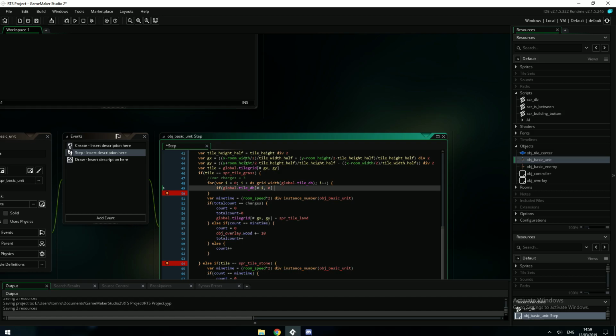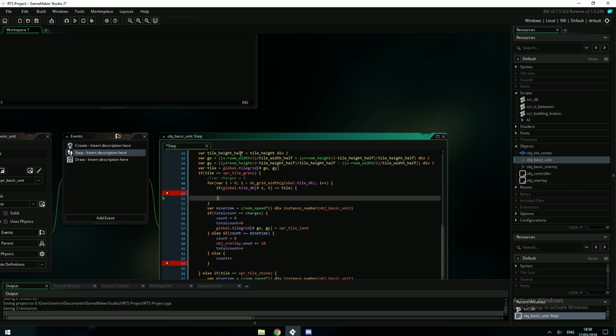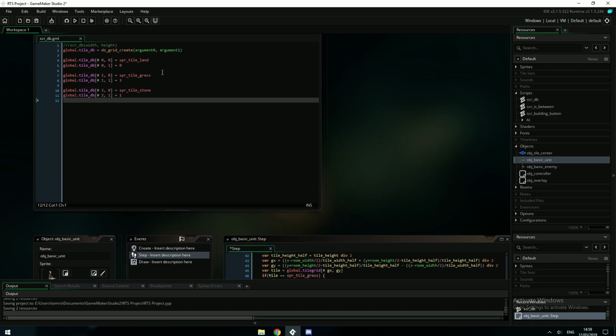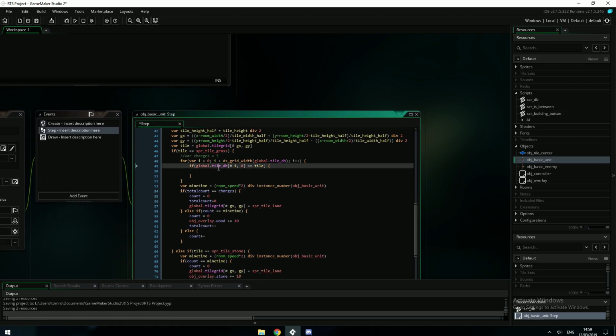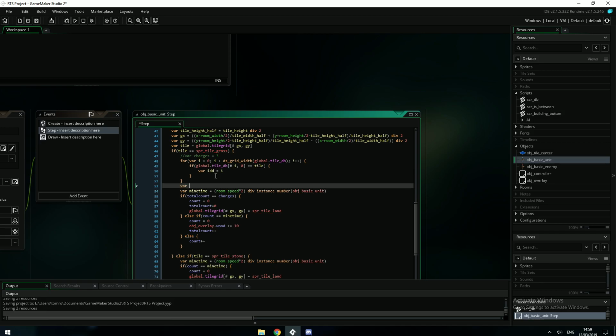So if the sprite name that we're currently iterating through is equal to the tile, which is going to be this in this case, then what we're going to do is save that ID. So we'll just use var idd, because ID is built in, equals i. Okay. So now we can set var charges equal to